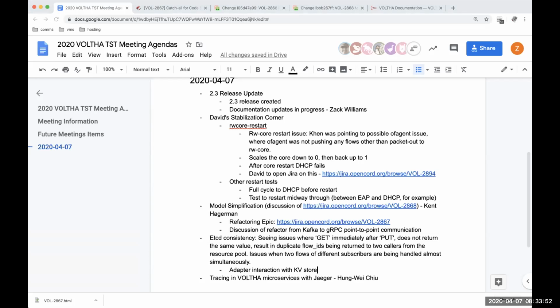Girish, is there a Jira issue for this? No, not yet. I was still investigating. I could create a Jira issue for this one. I saw this issue a couple of times, and the code seemed pretty simple. There wasn't too much going on there. It's a simple lock, access the KV store, and then unlock.